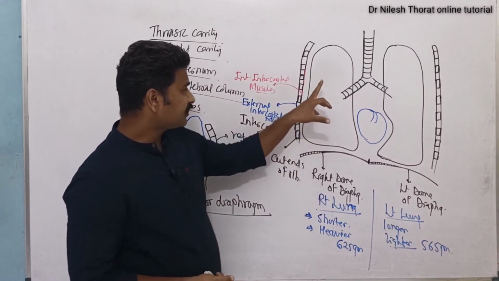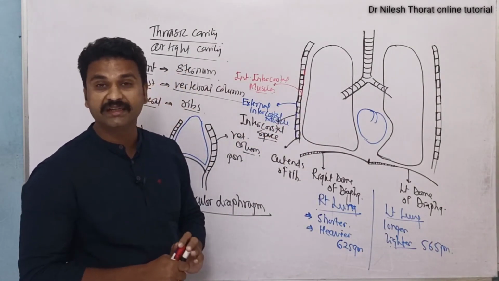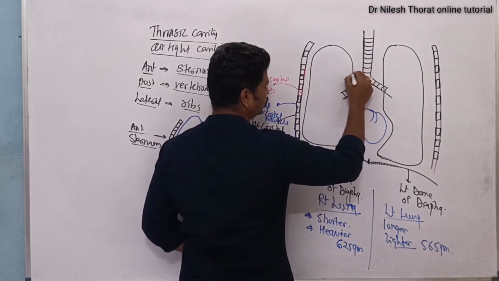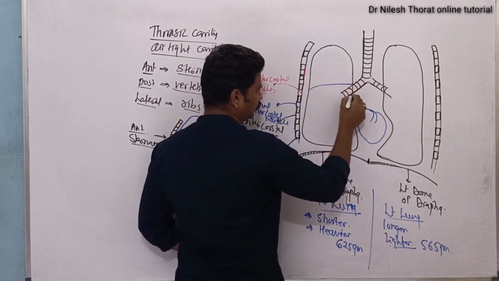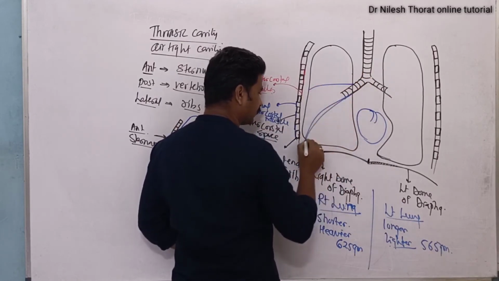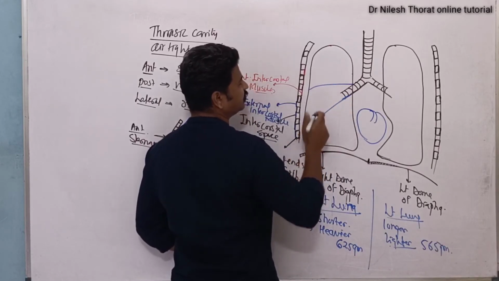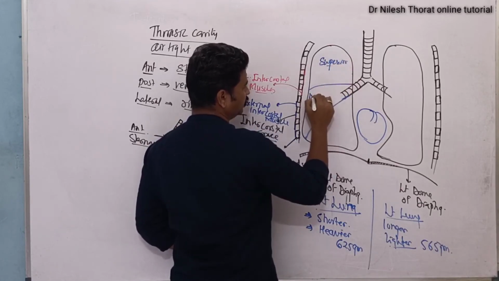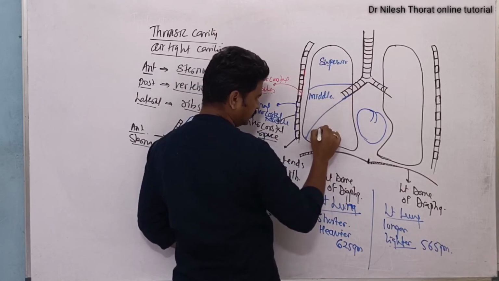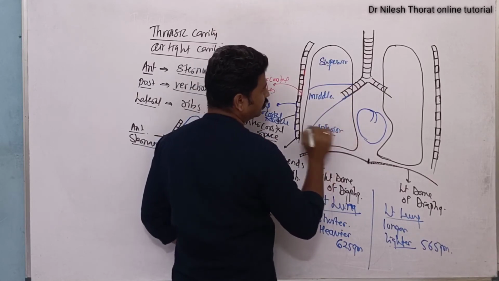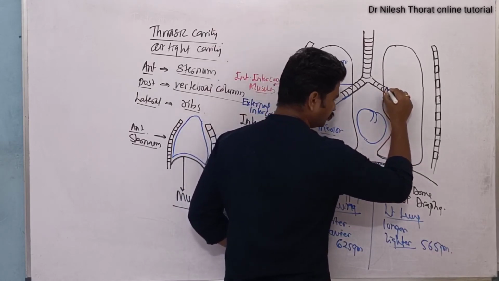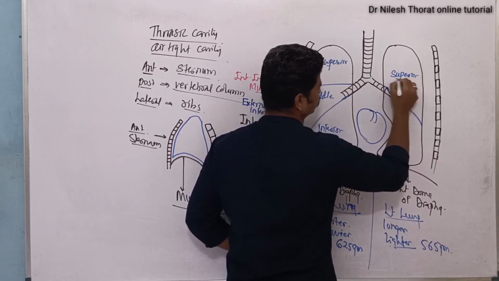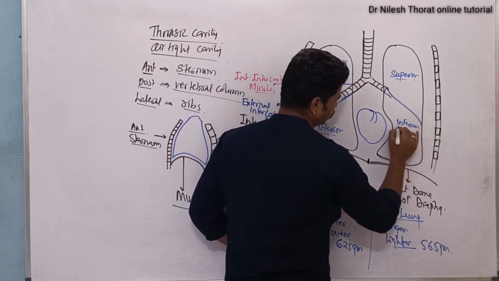Then this right lung is divided into 3 lobes with the help of 2 fissures. We have one horizontal and one oblique fissure in the right lung, which divide it into 3 lobes. This one is the superior, this is the middle, and this one is the inferior lobe. While the left lung is divided into 2 lobes with the help of a single oblique fissure. So this one is the superior and this one is the inferior lobe